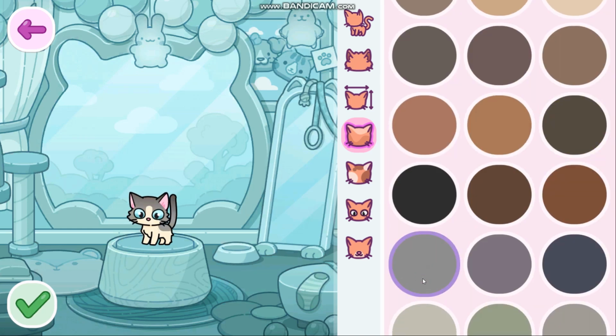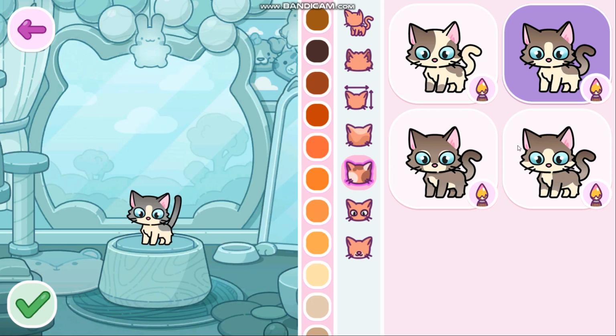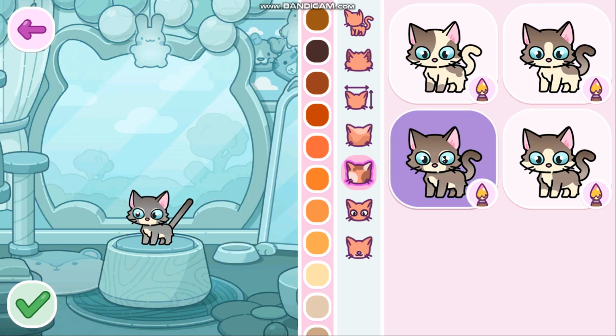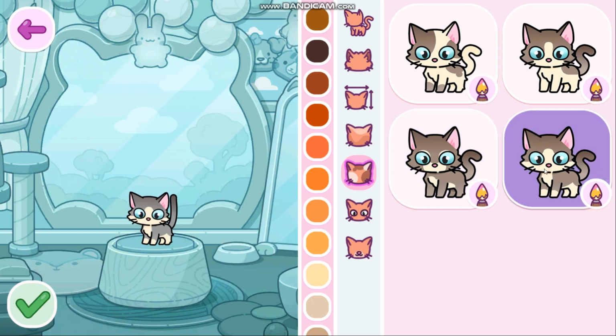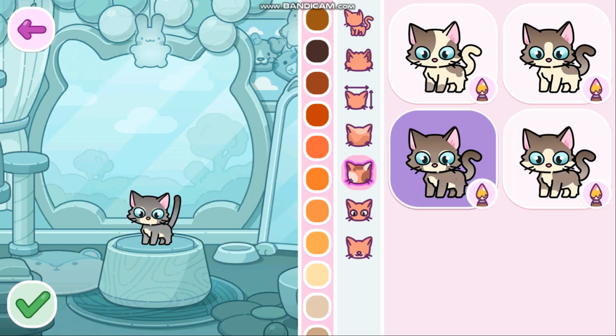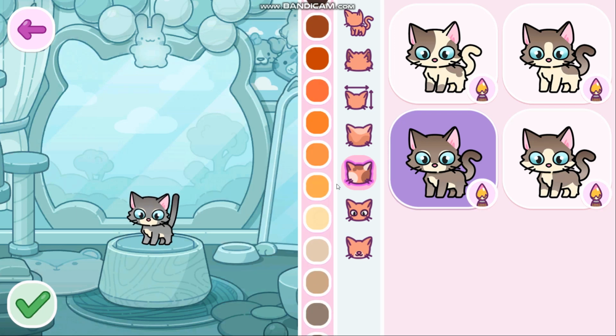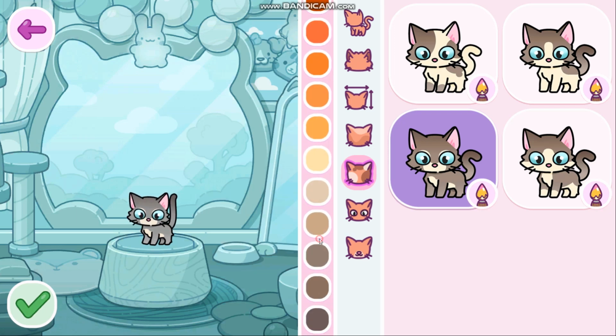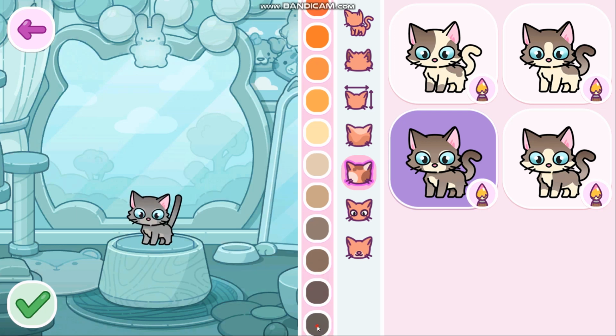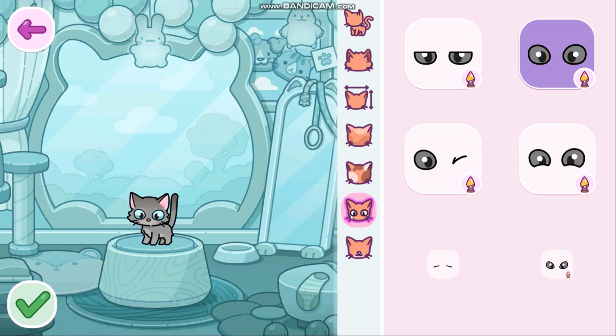I'm going to just go with this gray color. And also here you can choose the fur type, I think, whether it's a full color or two color. I'm going to go with this one, and again you can change the color for this second. I think I'm going to just go with all gray like this, and here you can